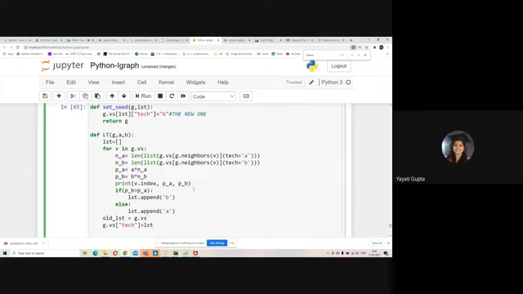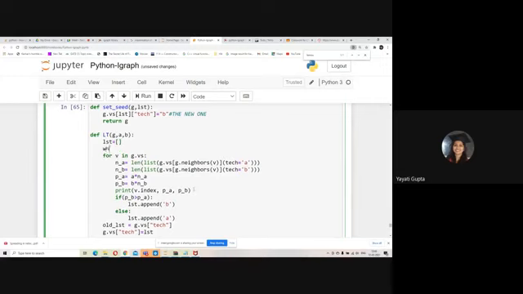So I'm going to do this process over here. This is going to be repeated till the time when this old LST does not become equal to the new LST. As soon as both these lists become the same, that means nobody has shifted in the current iteration and the process will stop.